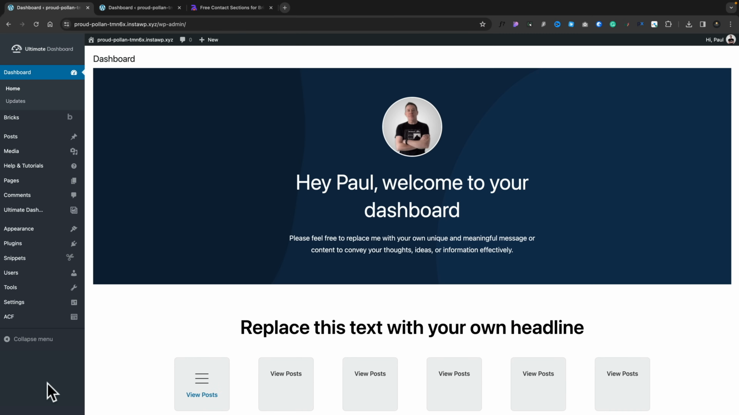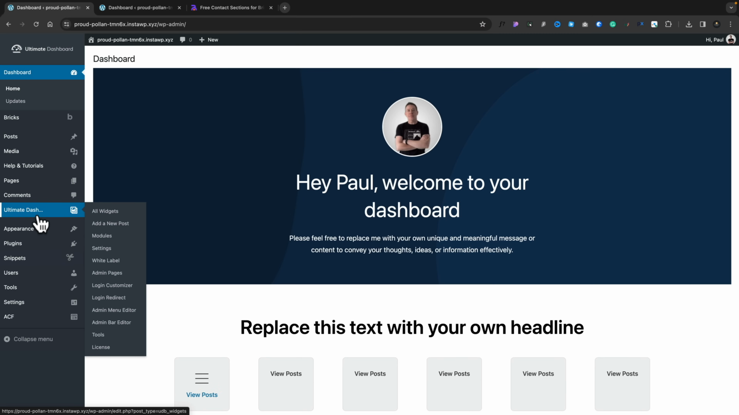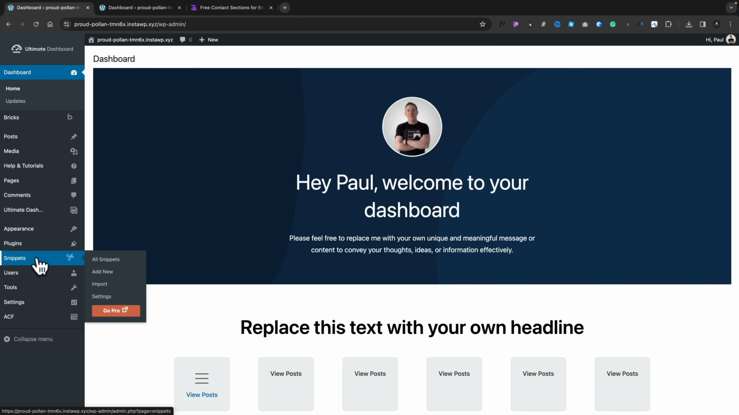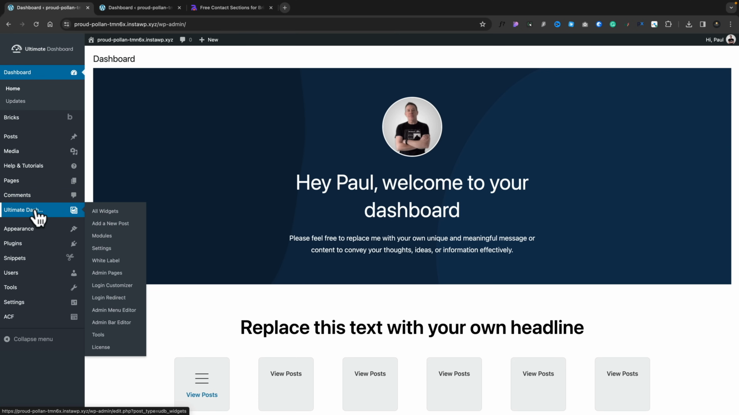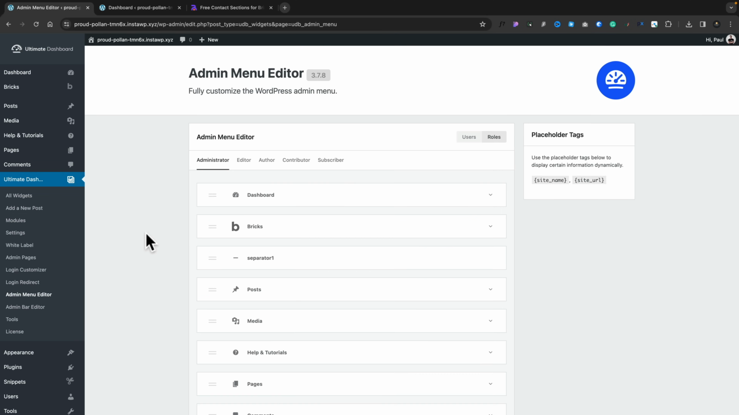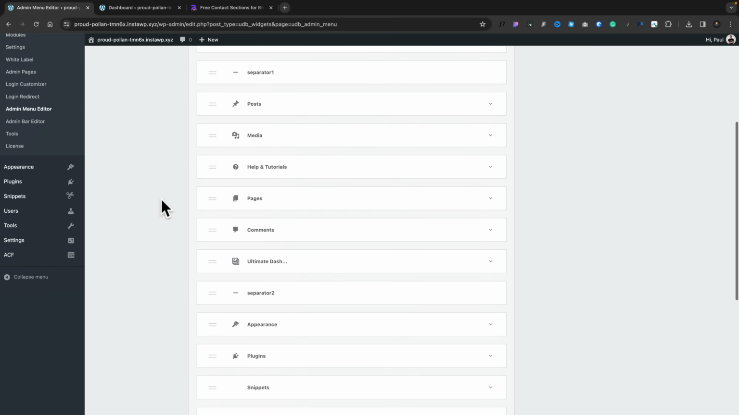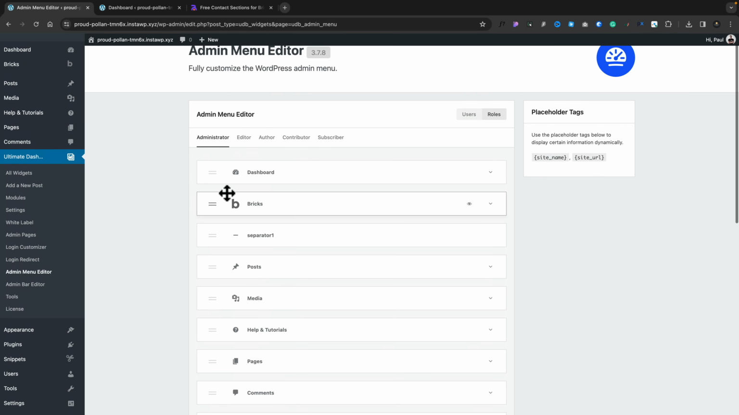You've already created two totally unique layouts that are much more enticing and inviting to your end user. But what else can we do? Well, let's say we don't want our users to see every single thing inside the dashboard, all these options on the left-hand side. Well, we can come into Ultimate Dashboard, come into the option for the admin menu editor, open that up, and you see this now shows us all of the items inside our admin menu, including any sub